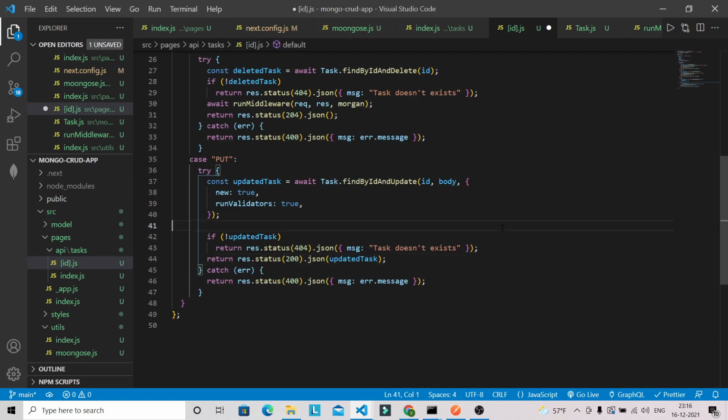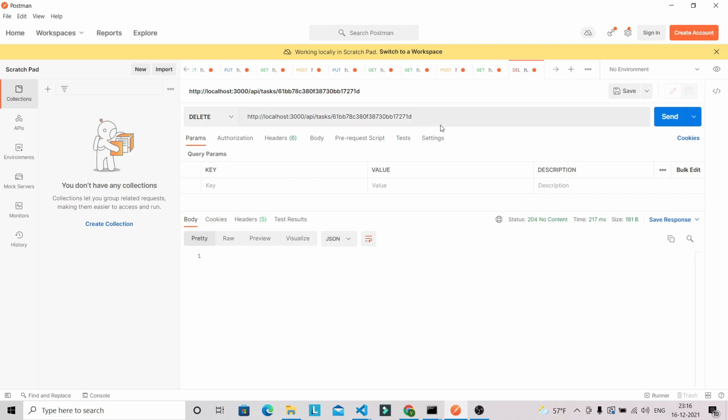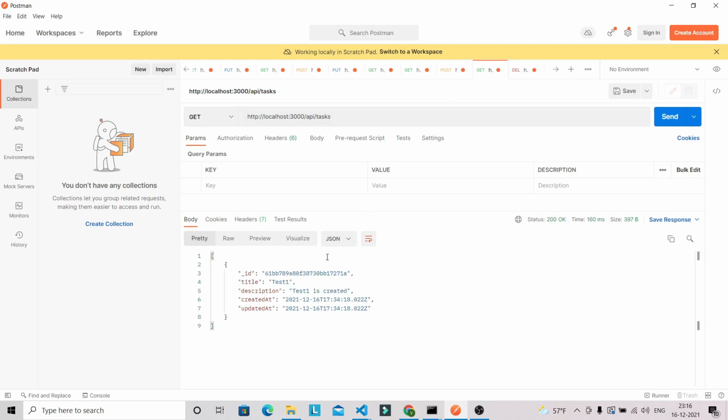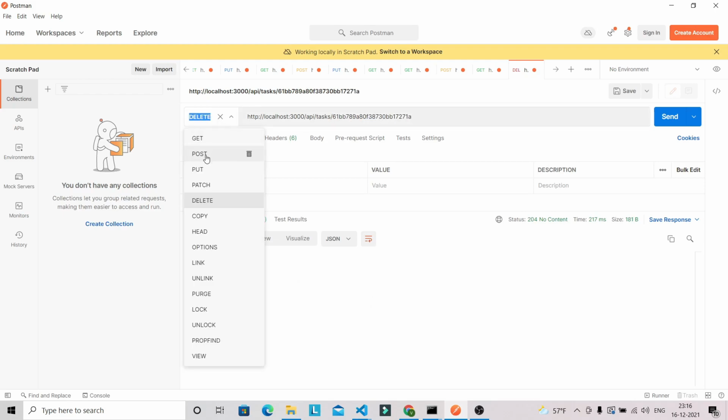Okay, and we can verify this one in our Postman. So let's go into Postman, where we have deleted, so we can just copy this ID because only this data we have in our MongoDB. So we can just change the ID, and this will be the put.